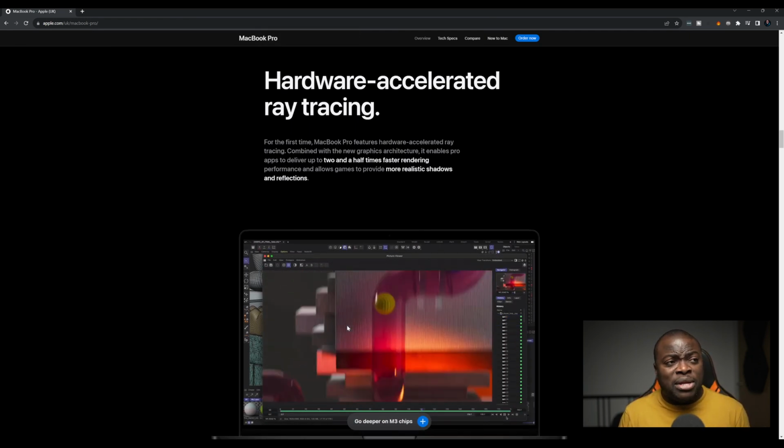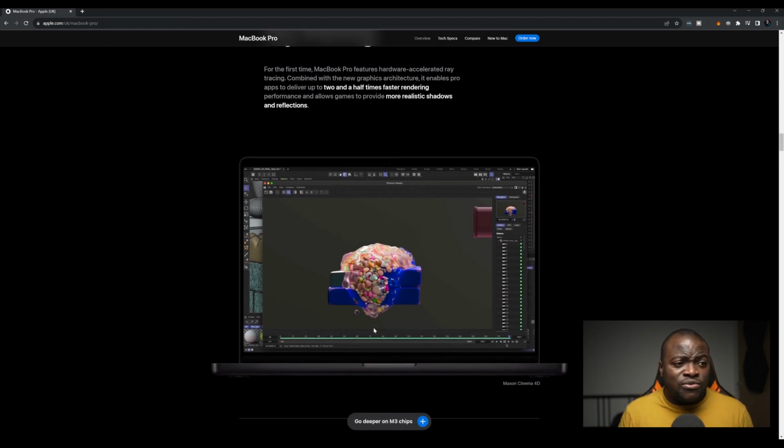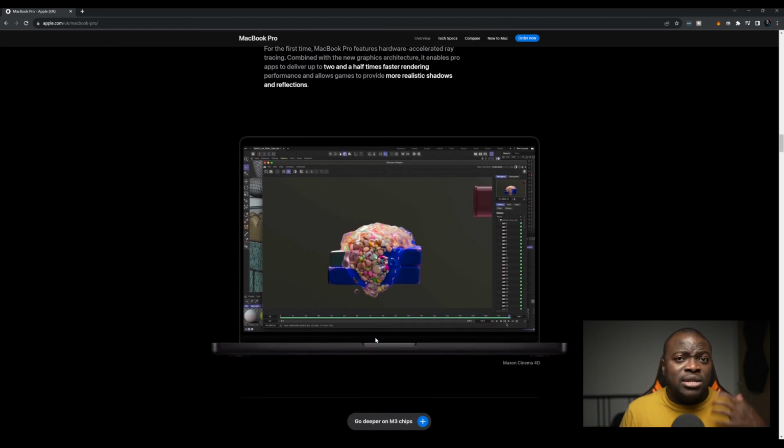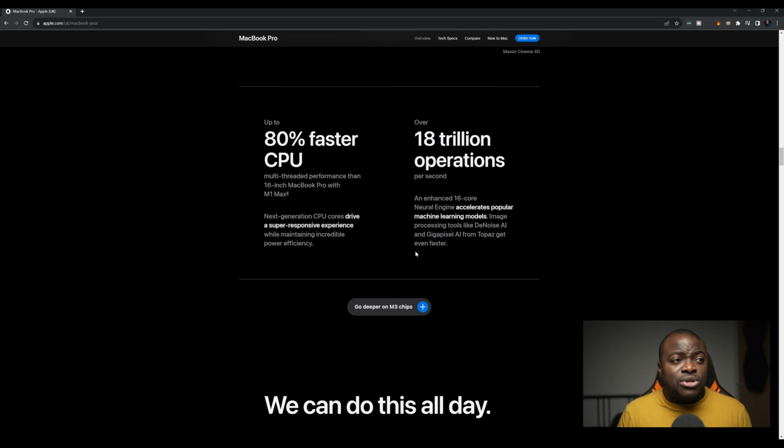Again, they've put the capabilities of having hardware-based ray tracing in there for real-time lighting and shadow tracing and stuff. So again, it's going to be much more realistic shadows and reflections. Again, app dependent, app supported, depends what the situation is. We're going to have to check that out and see how that goes, right? Up to 8% faster CPU. Again, multi-threaded performance on